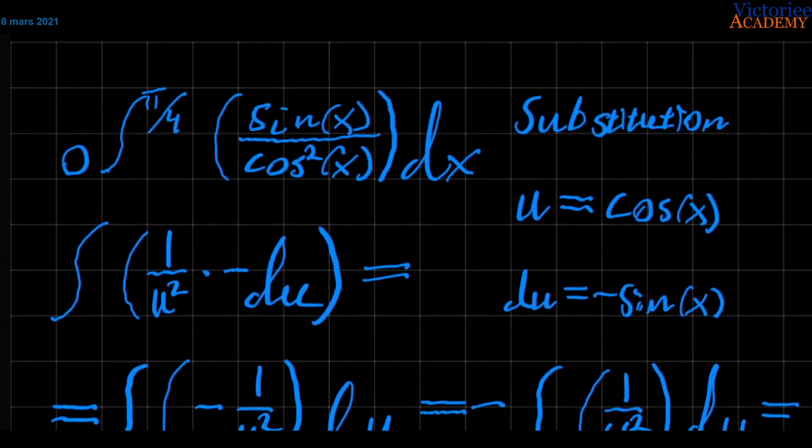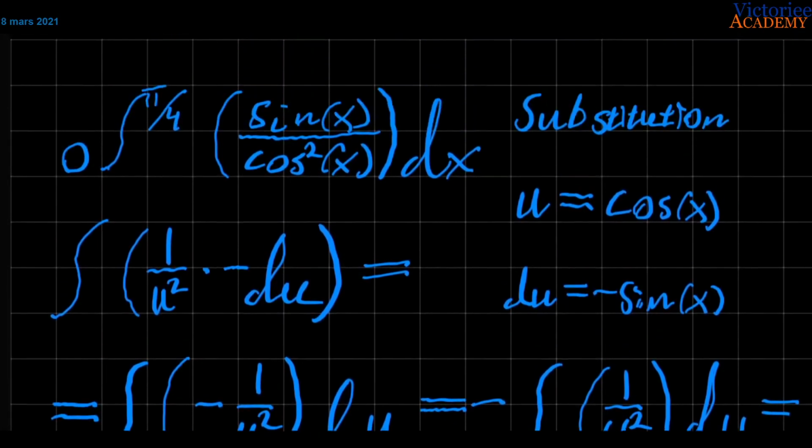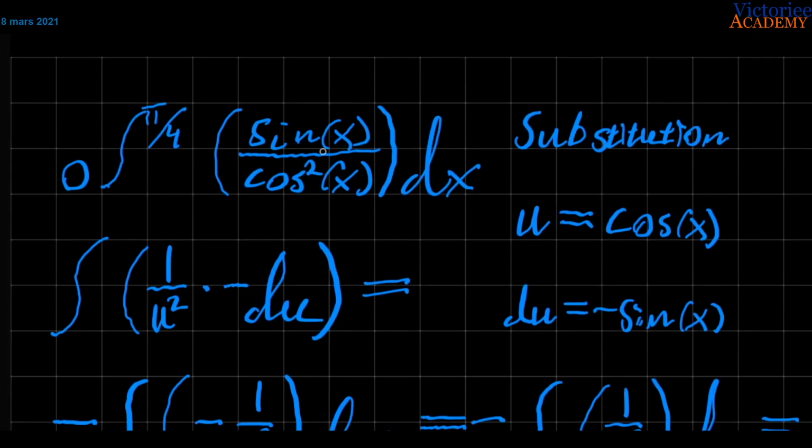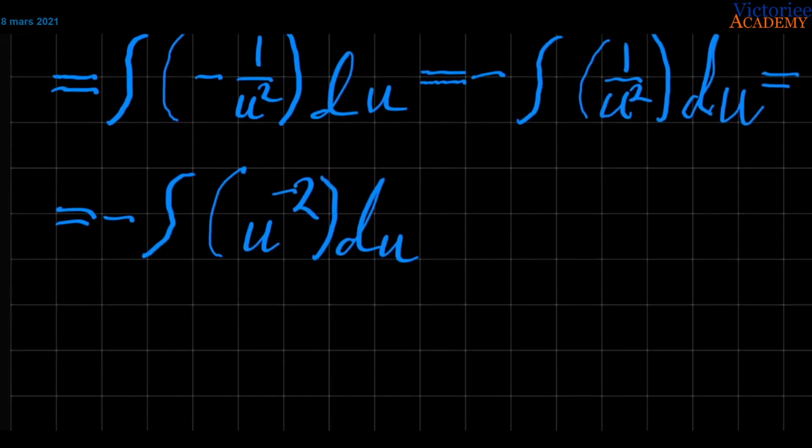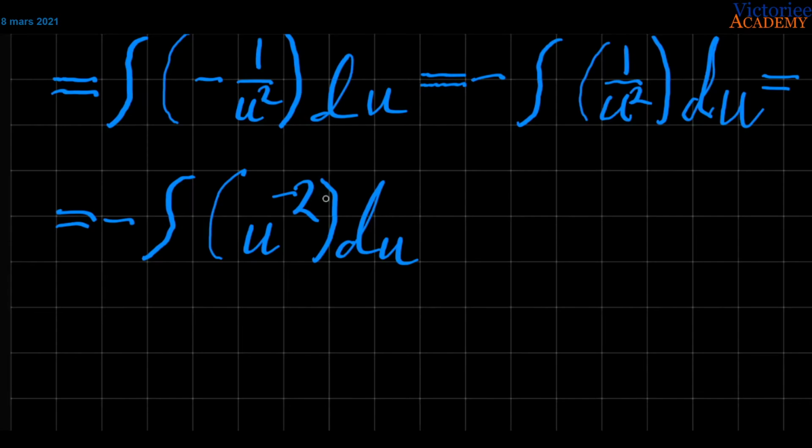Why did we do all this? Why did we do the substitution? Well, because this is kind of hard to just find the primitive of. So we did the substitution, we did the rewriting until we got this. And this here is very easy to find the primitive function of. Because the general formula here is if you got something like x to the power of n, then its primitive function will be